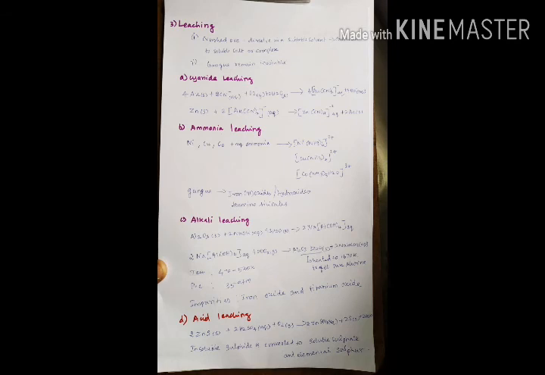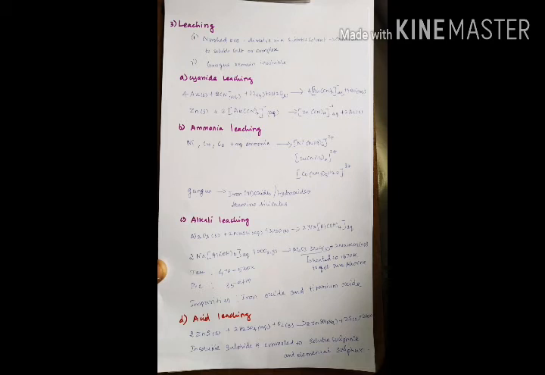The third method is leaching. This method is based on the solubility of the ore in a suitable solvent and the reactions in aqueous solution. Here the ore is finely powdered and allowed to dissolve in a suitable solvent. The metal present in the ore is converted into a soluble salt or a soluble complex. The gangue particles remain insoluble.